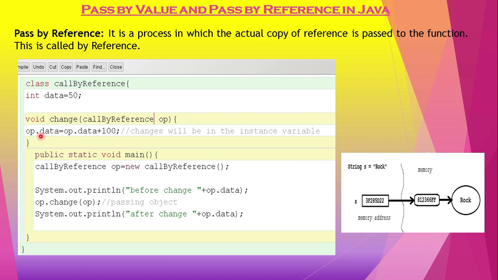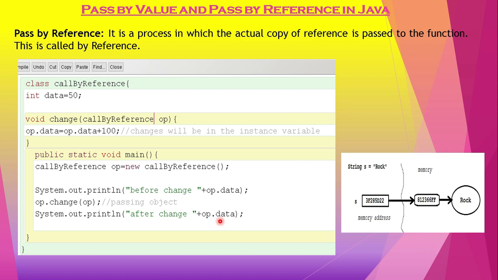So op.data is equal to op.data plus 100 means 150 will be the new value. That 150, either I can print it over here, and when you print, I have passed it, then when I print it over here again, the value will be printed as 150.